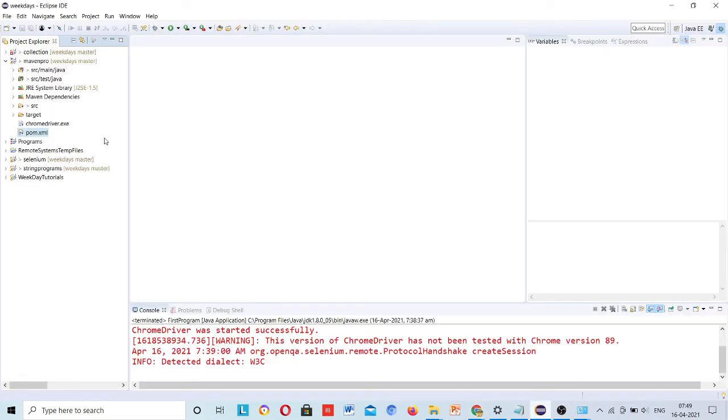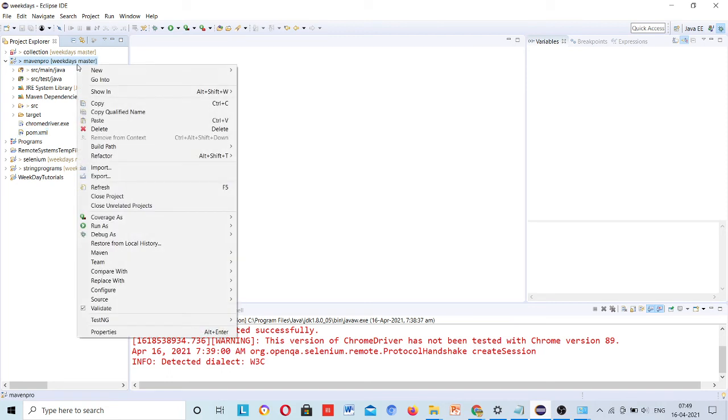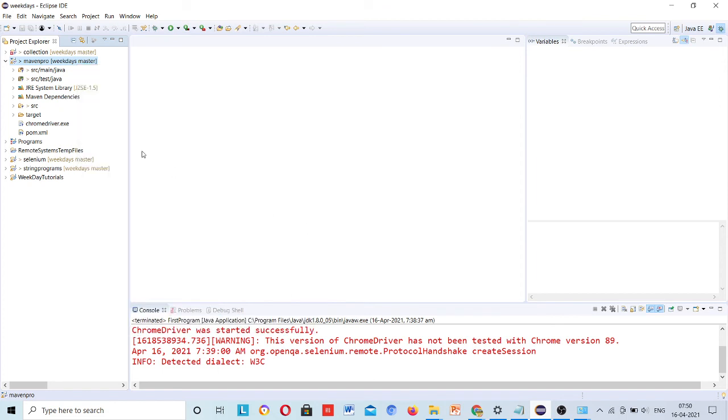Now you have to do one thing. Right click here and testng, convert to testng. You can see before converting the folder structure, and after converting you can see your folder structure.